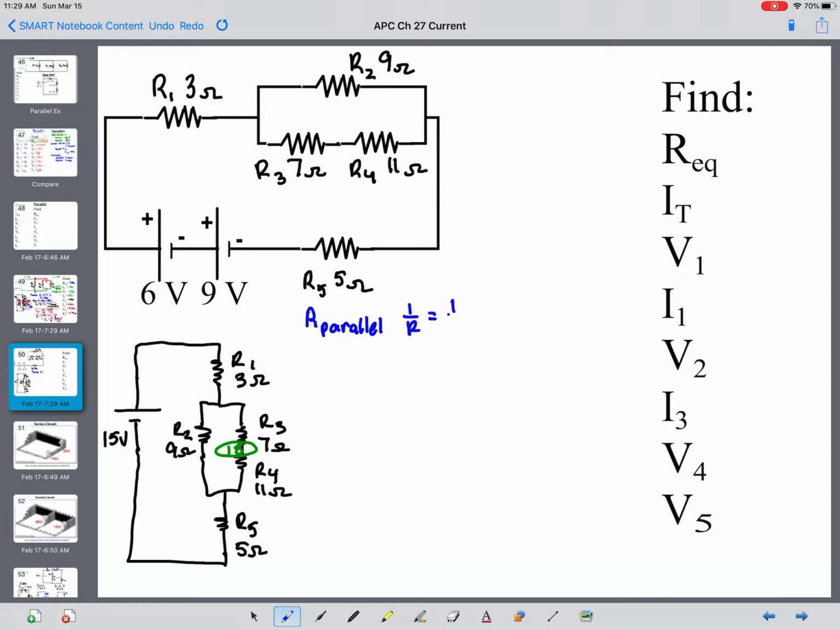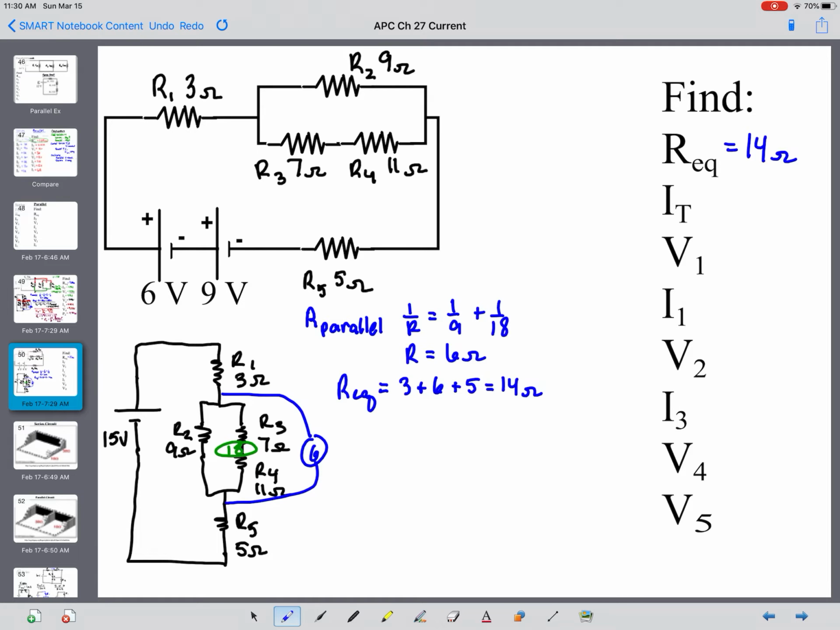Then in parallel, 1 over R would be 1 over 9 plus 1 over 18. Common denominator would be 18. That would be 2/18 and 1/18, which is 3/18. Inverted would be 18 over 3, which would be 6 ohms. So then my parallel can be replaced by a 6. Our equivalent would be the 3, the 6, and the 5 all in series. That gives me 14 ohms